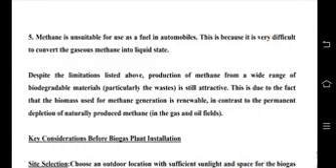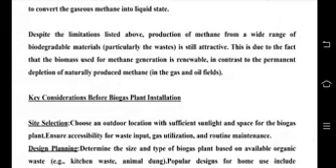Methane is unsuitable for use as a fuel in automobiles. This is because it is very difficult to convert the gaseous methane into liquid state. So, despite the limitations listed above, production of methane from a wide range of biodegradable materials, particularly the waste, is still attractive. This is due to the fact that the biomass used for methane generation is renewable, in contrast to the permanent depletion of naturally produced methane in the gas and oil fields. So, biodegradable materials are a very good source of methane production, and this methane production should be encouraged from